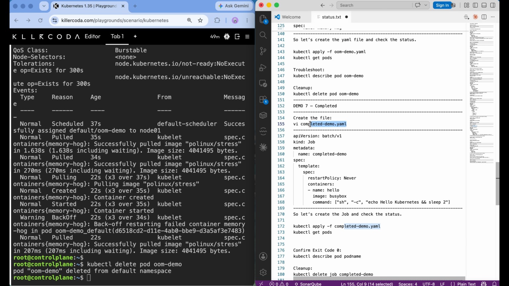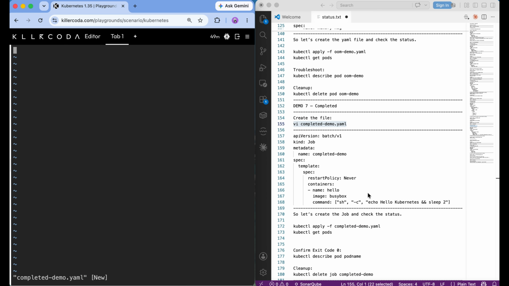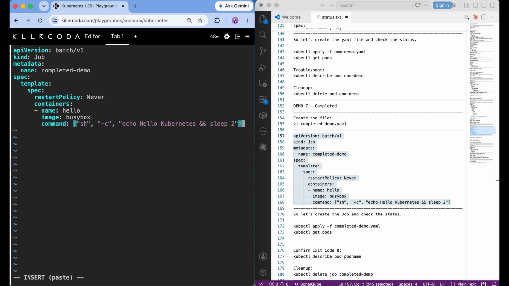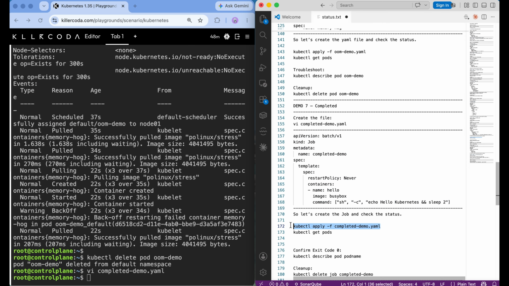Now let's check another status called Completed. And for this we'll create another YAML file. So this YAML file will create a Kubernetes job, run the Kubernetes busybox container, print hello Kubernetes, wait for 2 seconds, and then exit. And it does not restart after the completion. So let's save and exit, create the job,